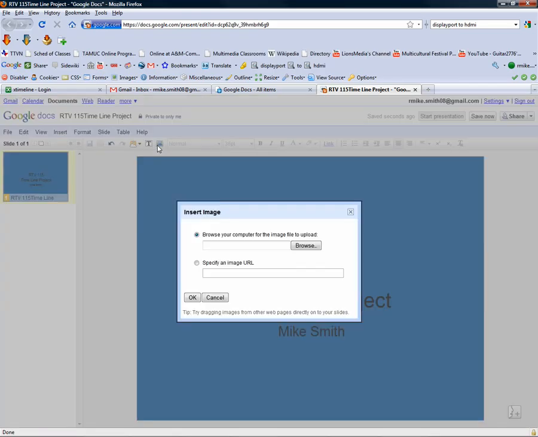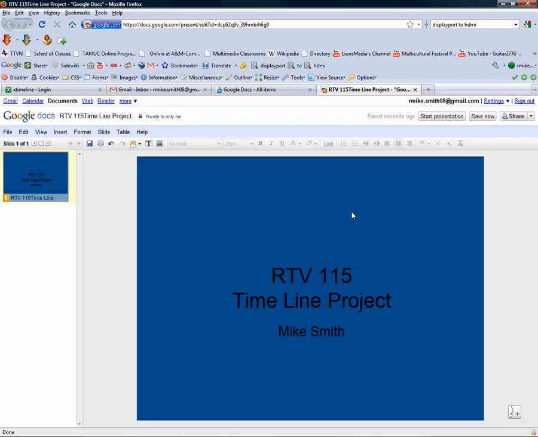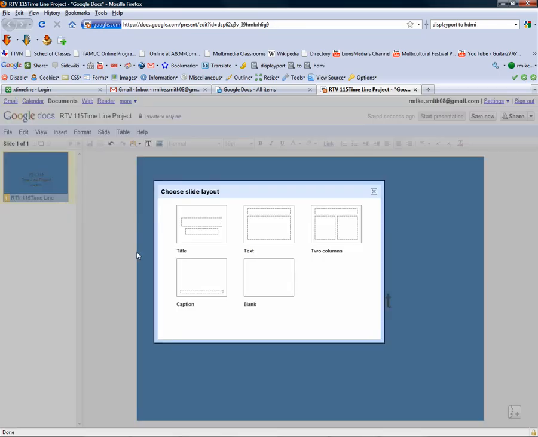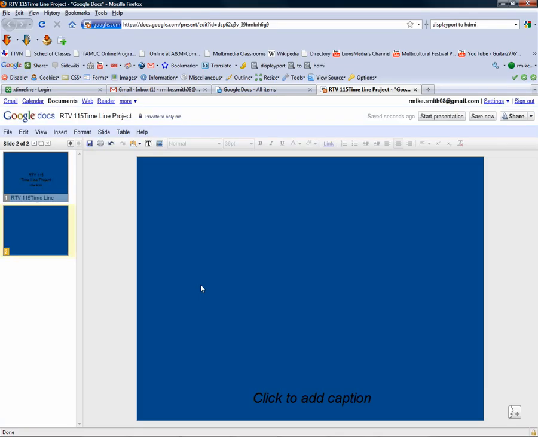And you can use images if you have a specific image you want to use. I would kind of shy away from using images just because they might be a little distracting from the content on the slide. So there's my first slide. Then I'm going to go over here, right click, do New Slide, and it gives you a bunch of different templates for the next slide that you want to use. I think in this case I'm going to use the caption one, but you can use whatever you want to